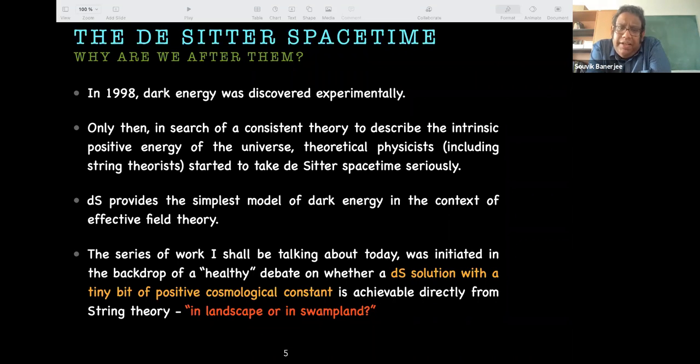work that was initiated in the backdrop of a so-called very healthy debate. For those attending Strings yesterday, there was a session on related things, the landscape versus swampland. In this backdrop of a healthy debate, we propose some alternatives to understand de Sitter solutions with a small cosmological constant. We ask the question: if we cannot directly find de Sitter from string theory, whether we can find it in some other way from solutions which are known from string theory. So this is the notion of this